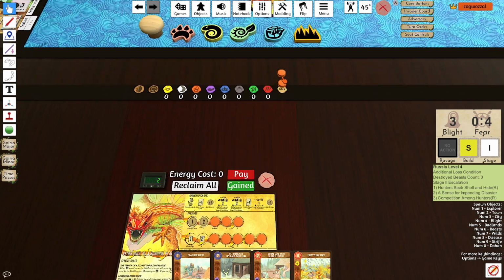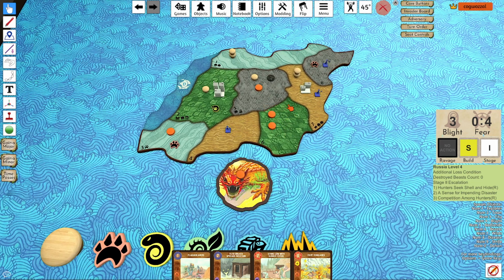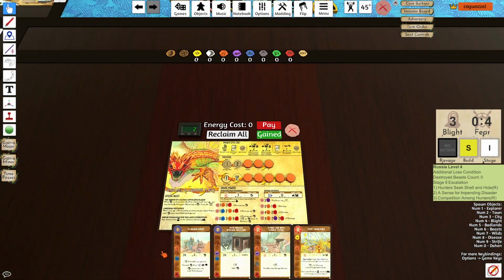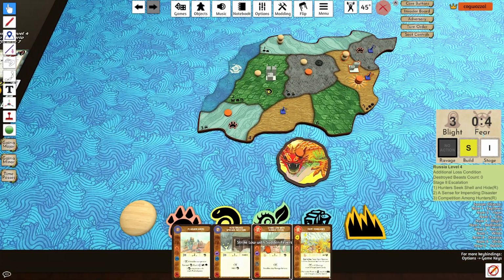So second growth option, I'm going to pop a presence in this land. Maybe both in this land. Is that silly? Could be silly. Because we're going to get a city there and we need to do damage to it. So yeah, why not? Let's live dangerously. So we've got 2 energy and we've got...